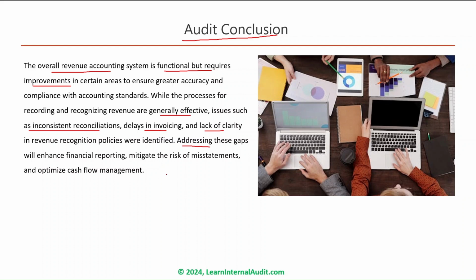Now, if you see, this entire summary is aligned with your executive summary. So you are not speaking outside the executive summary. These are the important high-risk areas. Although there can be 10 points, out of the 10 observations these 3 are critical, so that 80% of the revenue accounting system will be streamlined.